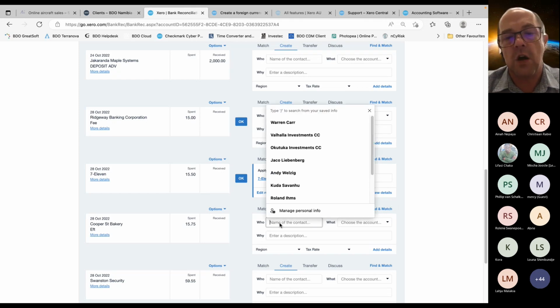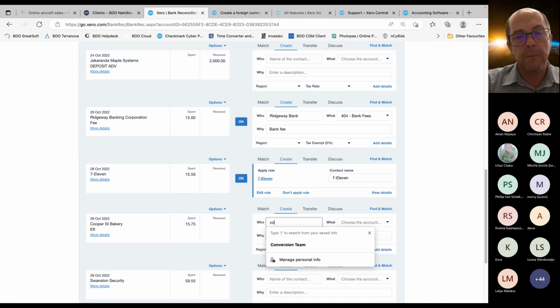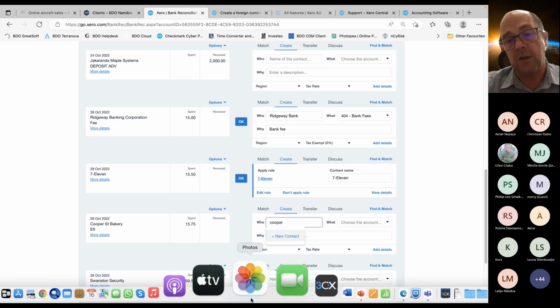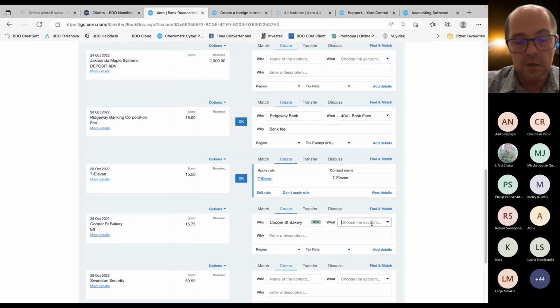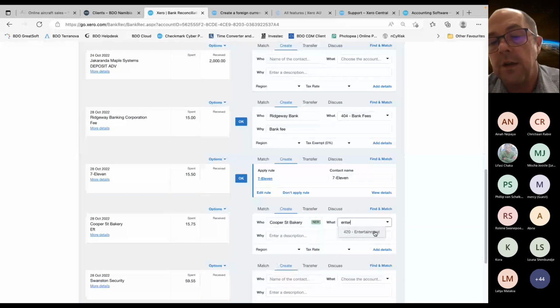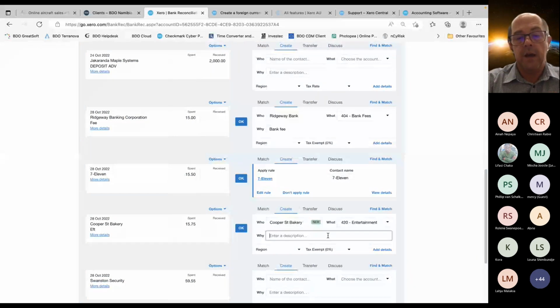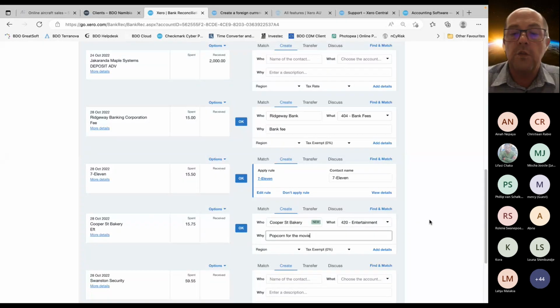Okay, so if I start by saying who, then I go Cooper, and it will try to find a contact. If it doesn't, and I'll type it in here, then I can simply click on create new contact. It will create that contact for me. If I choose the bank account, let's call it entertainment, and I've got an entertainment here, and I'm going to say this is popcorn for the movie. Okay, so what I want you to